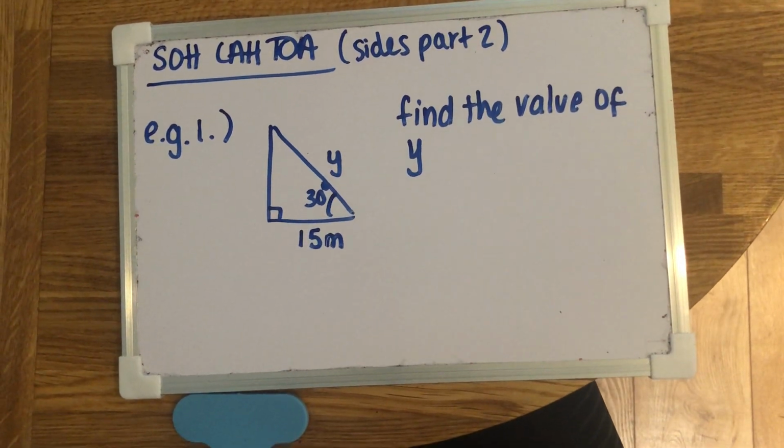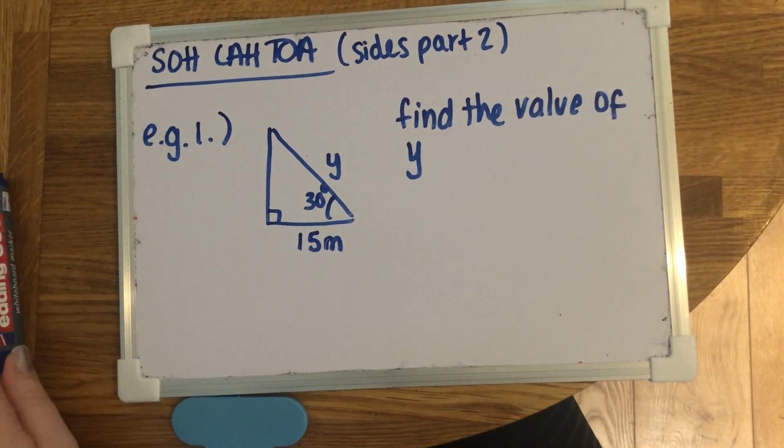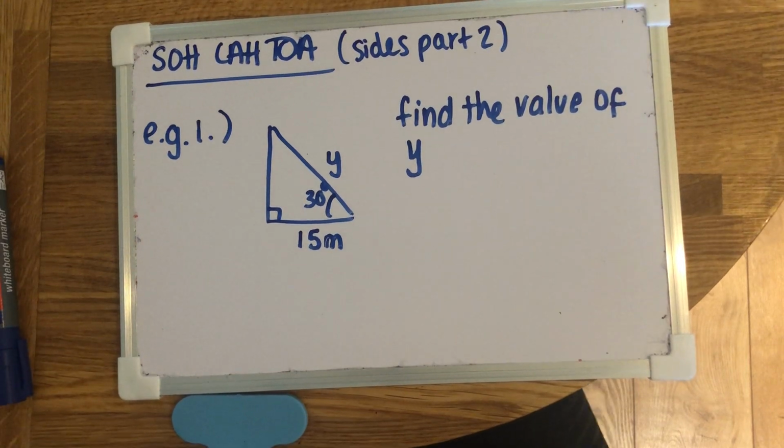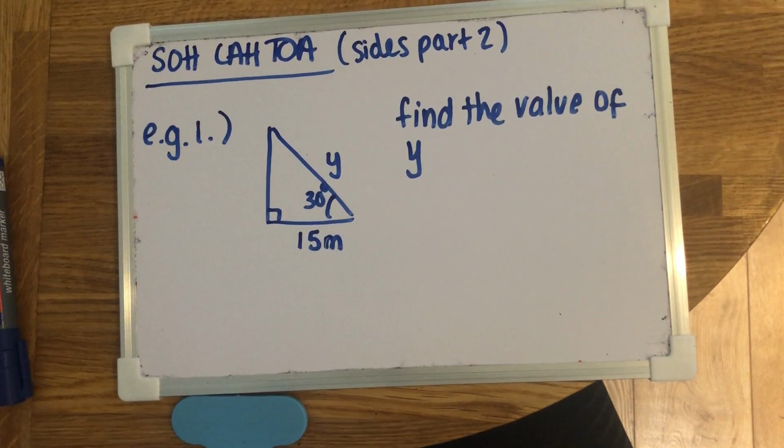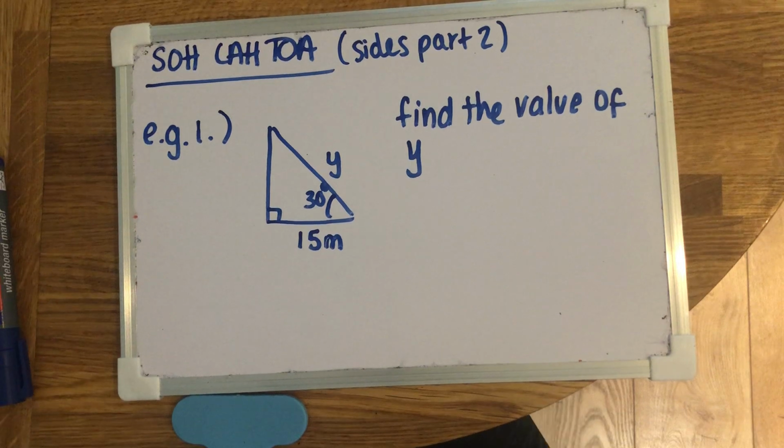Okay, so this is the second video that I've done to do with SOHCAHTOA and finding sides. Now the reason why I'm doing the second one is because the previous one was sort of the starter, I guess. So one, being able to label the triangles, and two, being able to find the side if it's on the numerator of the equation. This time we're going to be looking for the denominator instead, okay, which is the bottom number